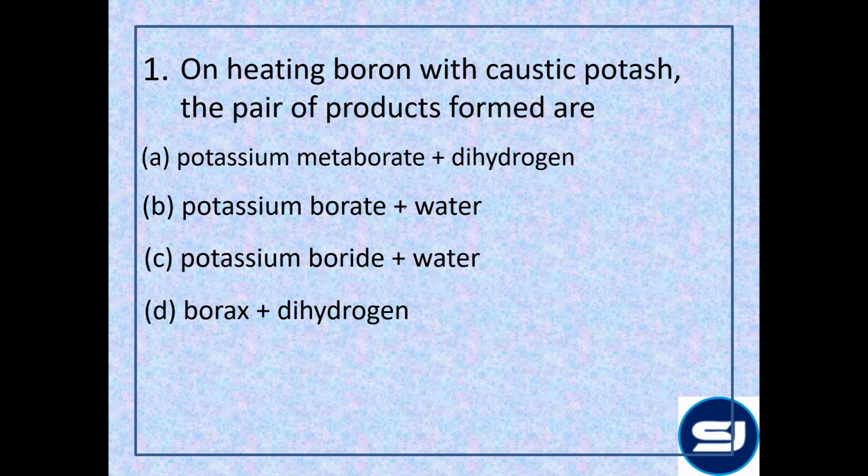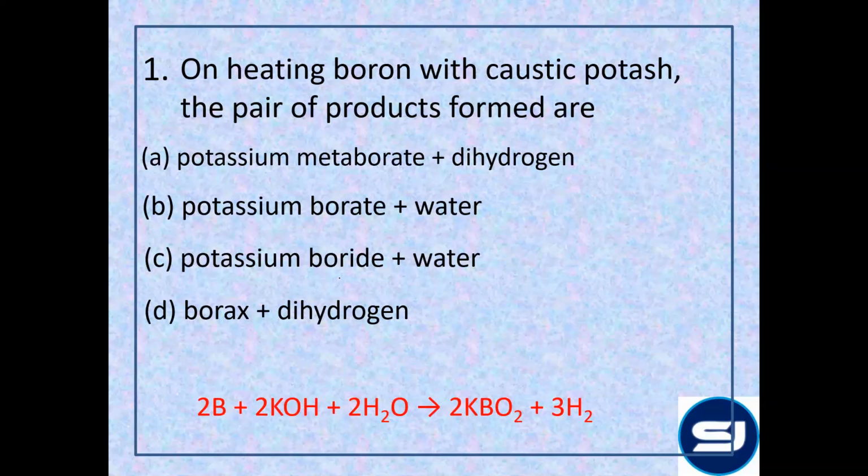So here we have the reaction. Boron with KOH in aqueous solution gives you KBO2 with the release of dihydrogen. So here the KBO2 is named as potassium metaborate. Now, if you remember, H3BO3 was named as